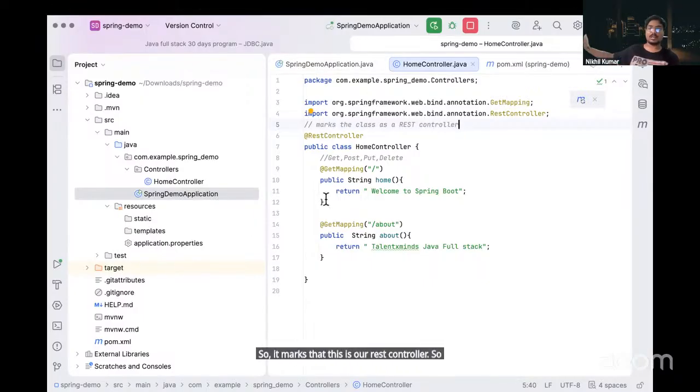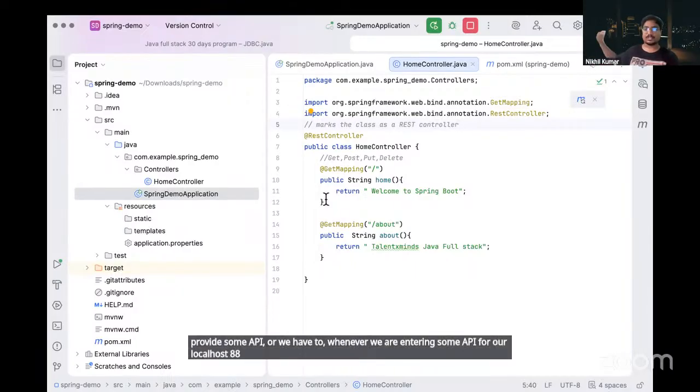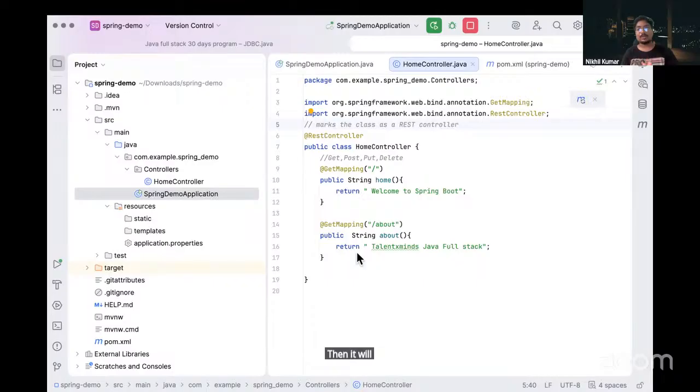So whenever we enter some API for our localhost 8081, after the slash, it will be checked by this REST controller file. Inside this REST controller file, if it exists, then it will serve it, otherwise it will ignore it.